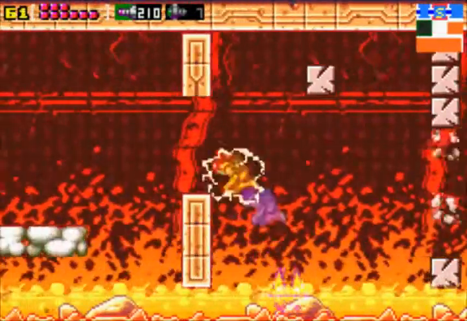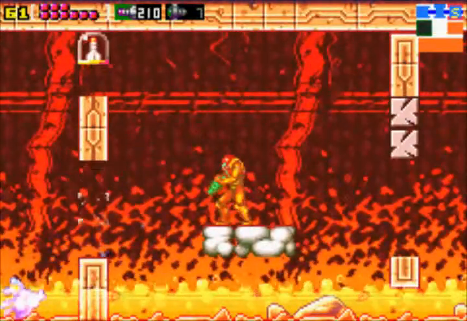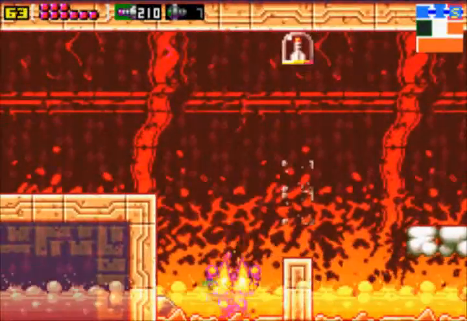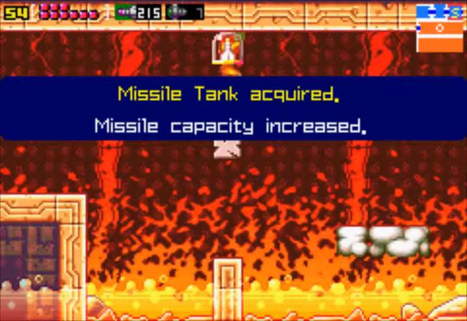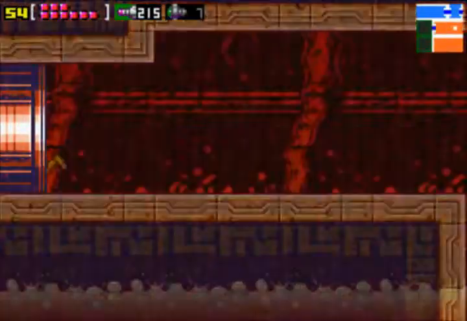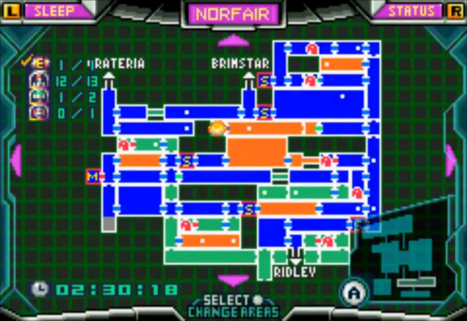So although we have the Varia suit, we still can't go through this bubbly lava. This bubbly lava is still damaging us. So, as you can see here at the top row, there was a breakable block which reveals a hidden missile tank. And also in the next room, you see we have a lot of rocky blocks,